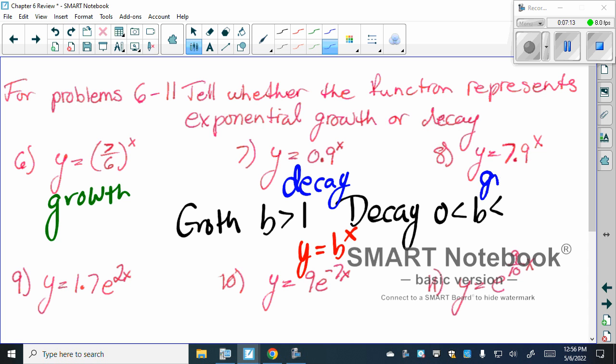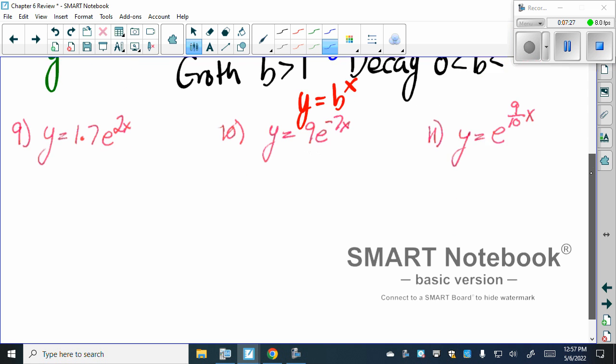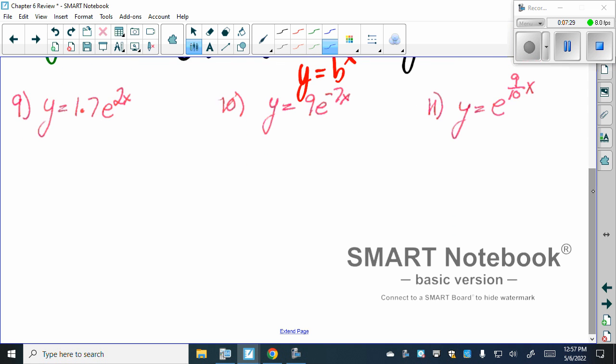The last one would be growth, because 7.9 is greater than 1. The next one would be growth, and the last one is almost growth, because for these, whenever we have the base e, it is considered growth